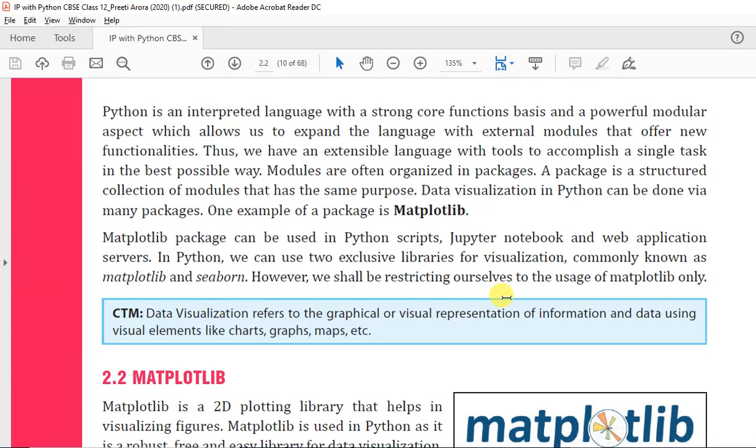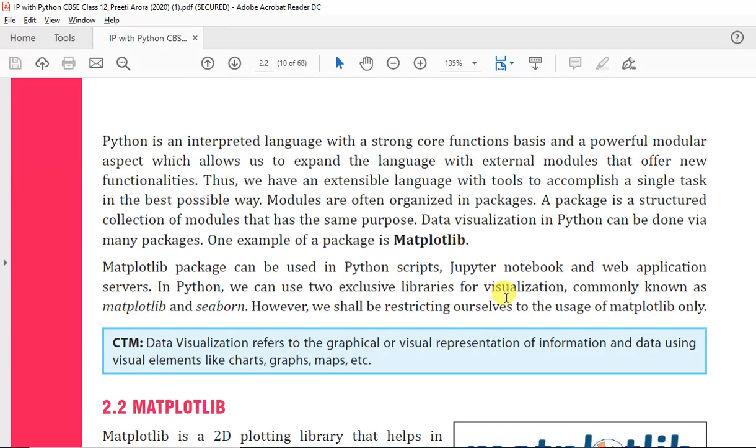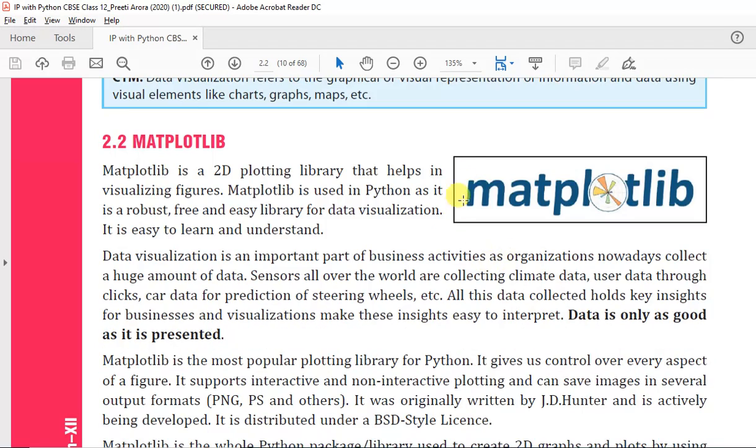So what are the things we have to use? We have to install the packages and software we need to work on data visualization. One library you have to install is matplotlib. You have to install this library before going to the practical on data visualization.